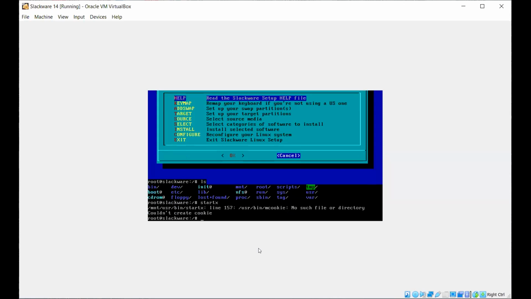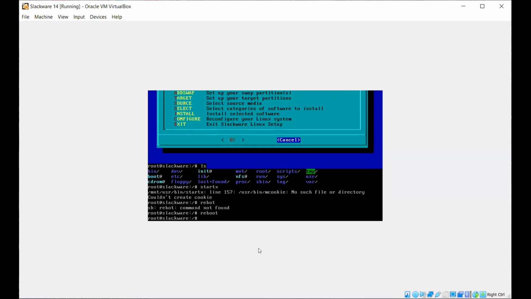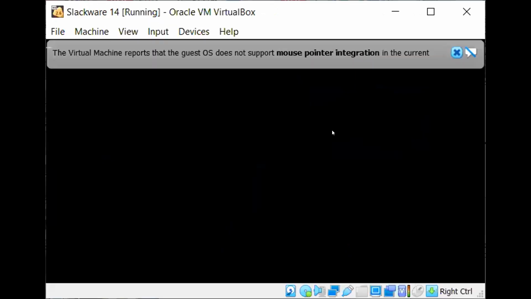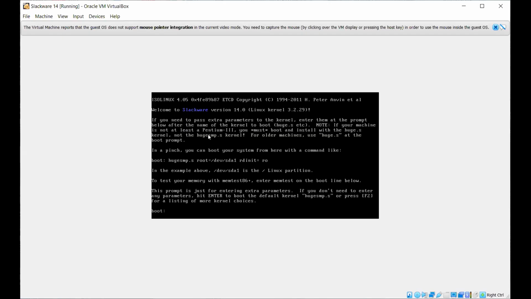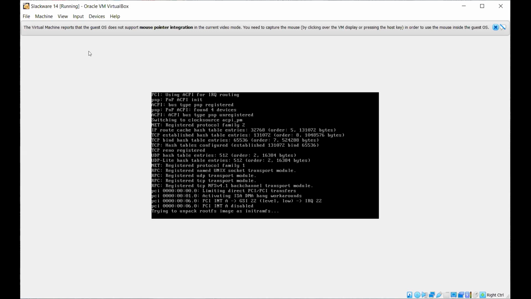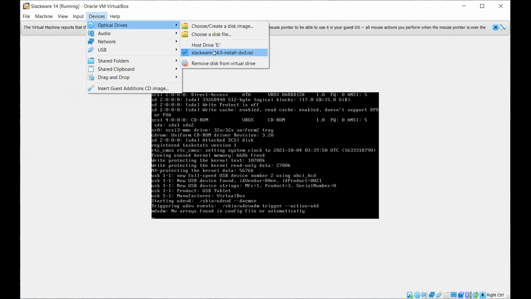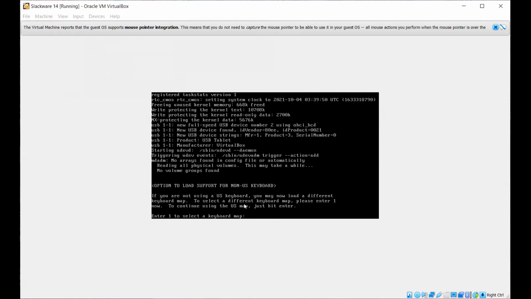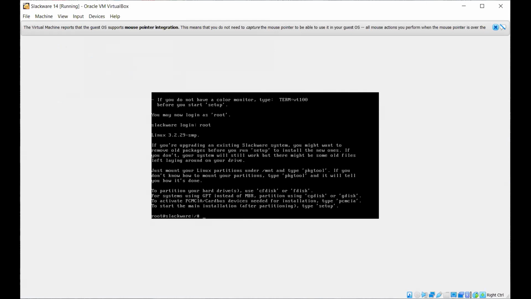Sorry, you have to reboot. When you reboot, you have to make sure that you remove the installation media.